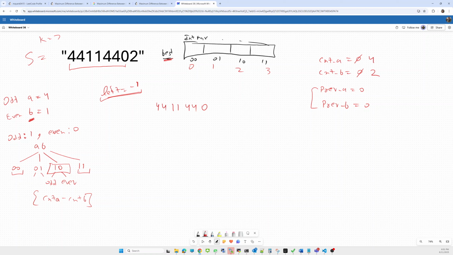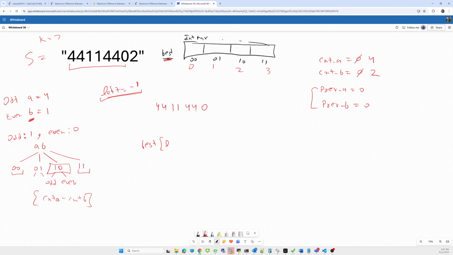Initially both are 0, both are even, so both will point to this one. So we'll update this one. What will be the value? 0 0 will become 0, because we have to update with the difference. We'll update the best of the left state. First we have to calculate the left state. I will tell how we'll calculate.